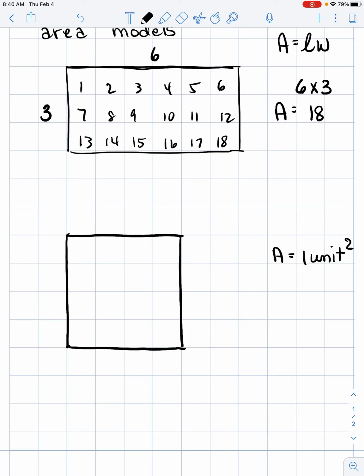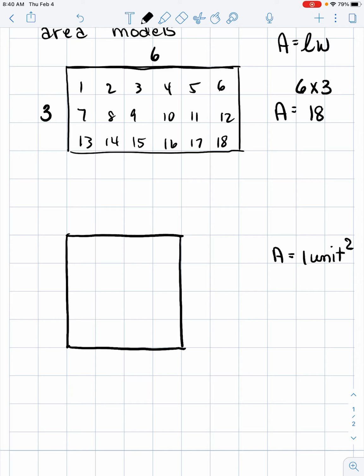That means I'm looking at all 16 of these little squares, and it takes 4 units to make up one side. So this is a 1 by 1 square,